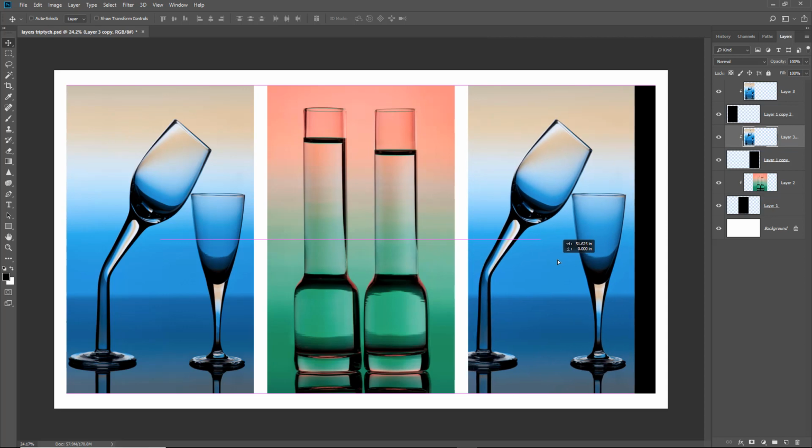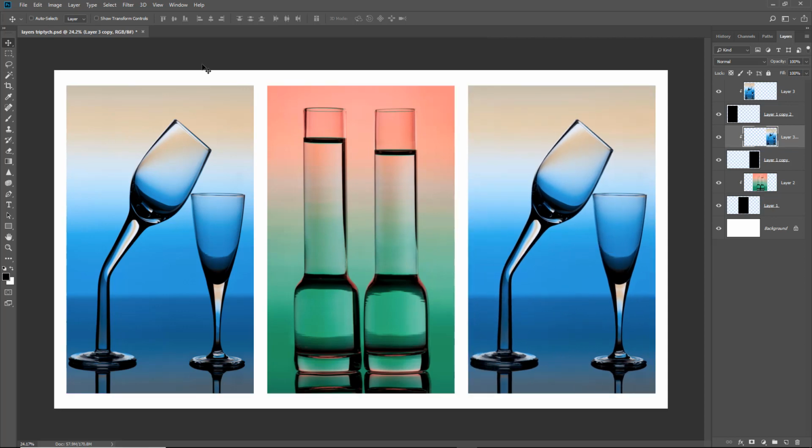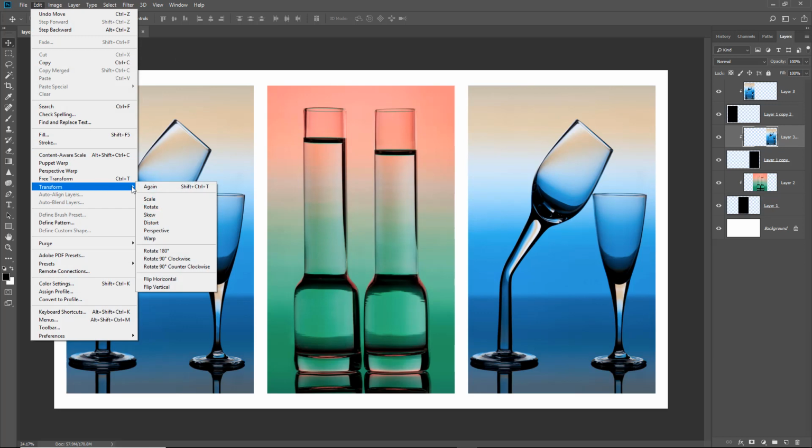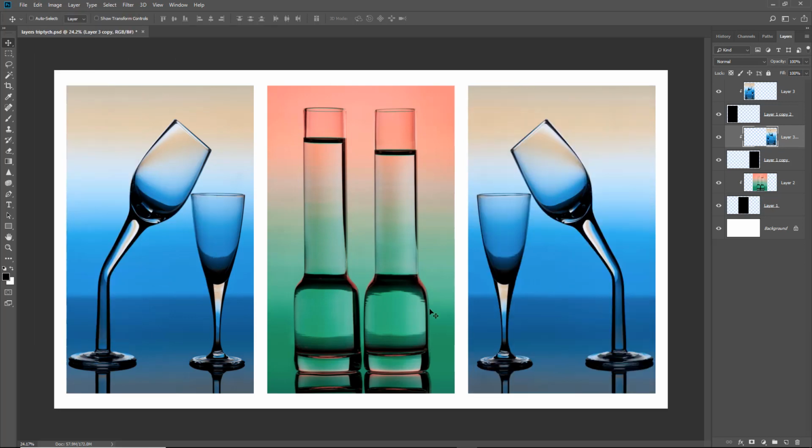There you go. But of course we need to flip that over as well, so Edit, Transform, Flip Horizontal. Maybe I could just nudge that in a little bit. No, I haven't got a lot of space to do that, so it looks like that is it. But it hasn't taken us long to create, and it looks pretty good. I hope you'll agree. Now I've just saved what I've got on screen here, and I've called it Triptych Glasses,